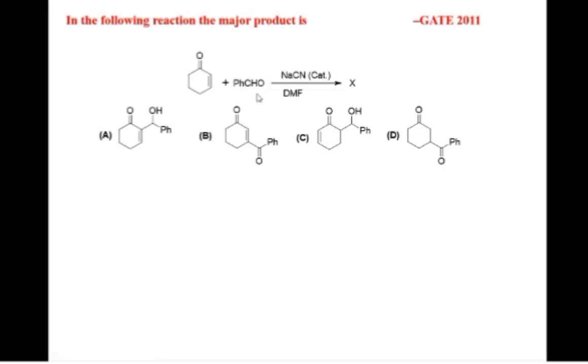or benzoin condensation reaction, two equivalents of benzaldehyde on reaction with sodium cyanide give the benzoin product, an alpha hydroxy ketone. Then you have taken 2 equivalents of anisaldehyde, 2 equivalents of tolualdehyde, but you have not studied two different aldehydes, one benzaldehyde and another a nitrobenzaldehyde, or one anisaldehyde and another a nitrobenzaldehyde. Accordingly, we have not studied that benzoin condensation reaction. That's why we are unable to solve such type of questions.